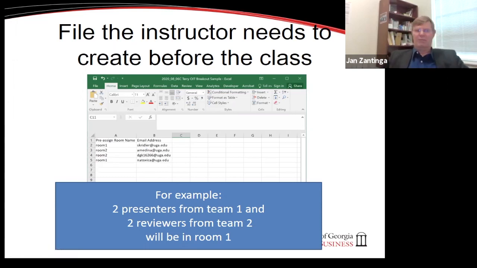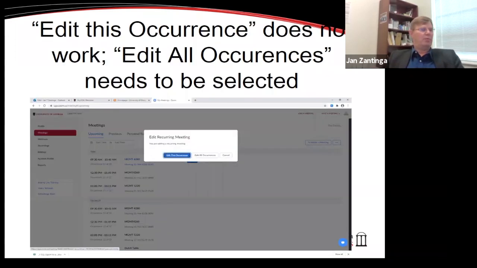And then later on, I have to add more people, which is my reviewers that I have to add to room 1 and my reviewers that I have to add to room 2. So there's more work to be done. In total, for my classes of 30, 40, 50, 60 people, I would have a list of 60 people. Then I would have to put this one in.